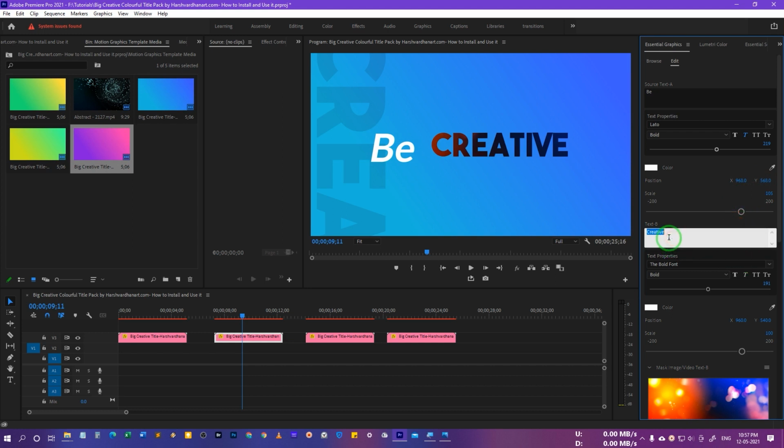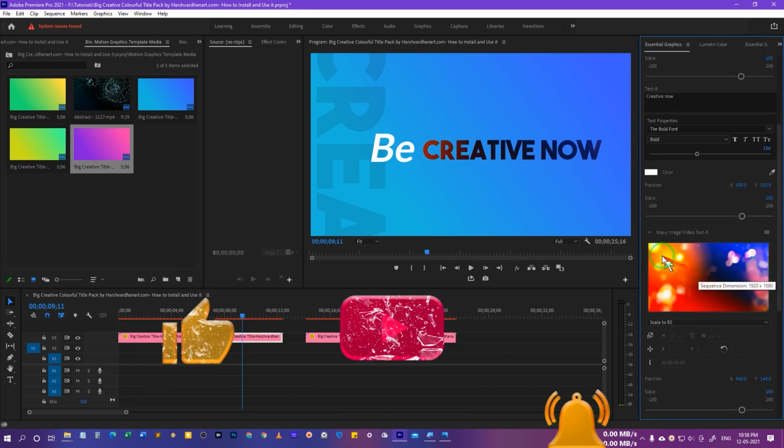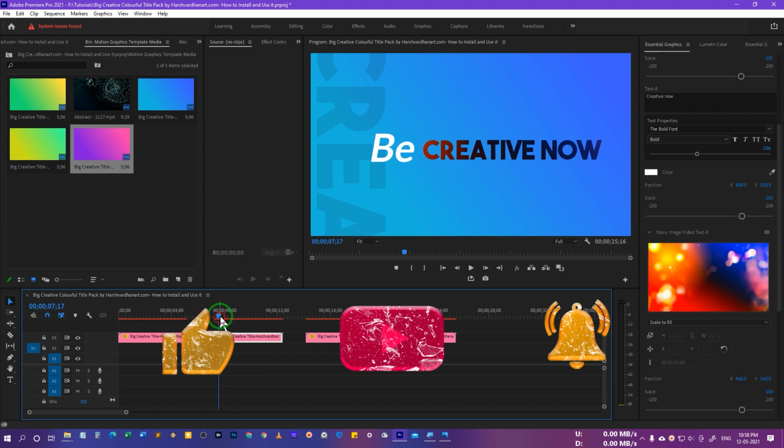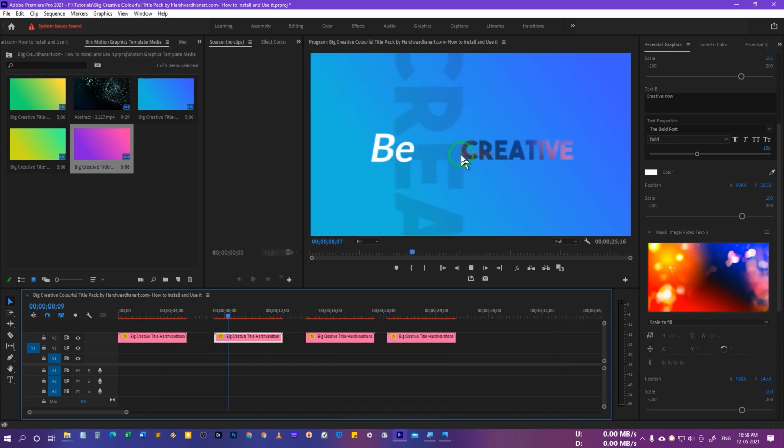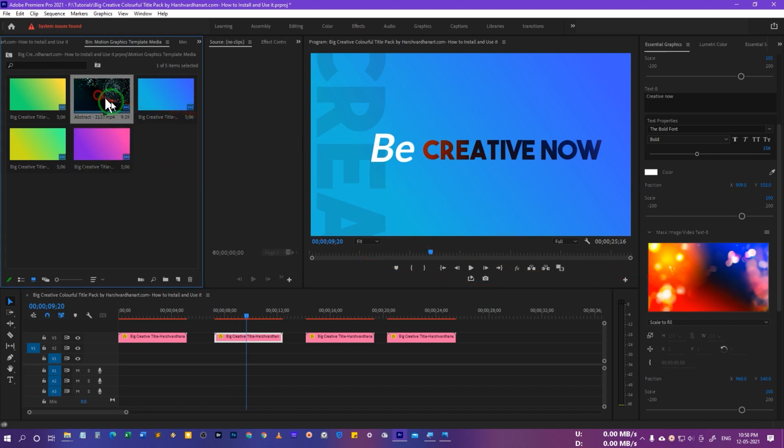Then we have the second text, so we can change it to something else like Big Creative Now, make it smaller, and adjust its position to something like this. Then we have the option to change this image. Basically this masking effect inside this creative text is controlled by this one, so you can replace it with images or videos.